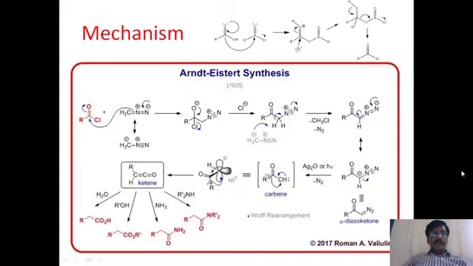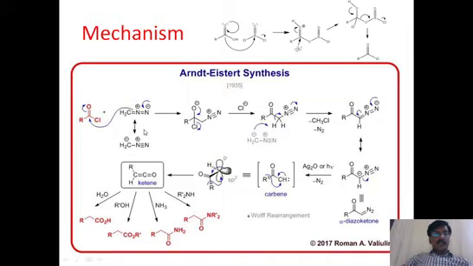Let us look at the mechanism of this particular reaction. The first step is conversion of carboxylic acid to acid chloride. As we already said, this is done by thionyl chloride, SOCl2. From SOCl2, one chloride is attached to this and OH is attached to sulfur. So that is a replacement type of reaction. The mechanism is like this. After the formation of the acid chloride RCOCl, we take diazomethane, CH2=N=N. Here the middle nitrogen has a plus charge, the ending nitrogen has a minus charge.